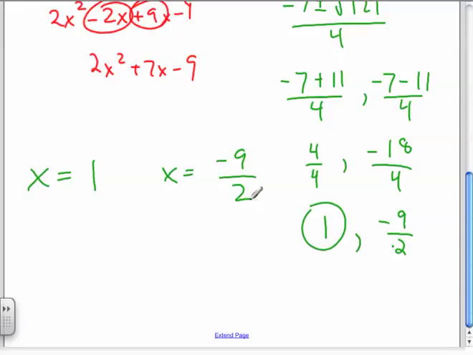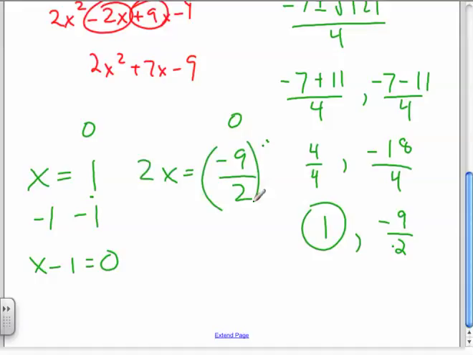Now, what I want to do is I want to get everything on one side so that it just has 0 on the other. What would I do to this one to get it so that it has 0 on the other side? Joe? I would subtract 1. Good job. So I'm going to get x minus 1 is equal to 0, right? What would I do over on this one first? Ben? I would multiply both sides by 2, right? So now I've got 2x is equal to